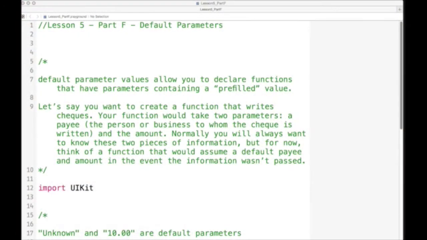In this part, we deal with default parameters. Now, default parameters allow you to declare functions that have parameters containing a pre-filled value. Let's take an example. And still keeping with the banking theme, let's say you want to create a function that